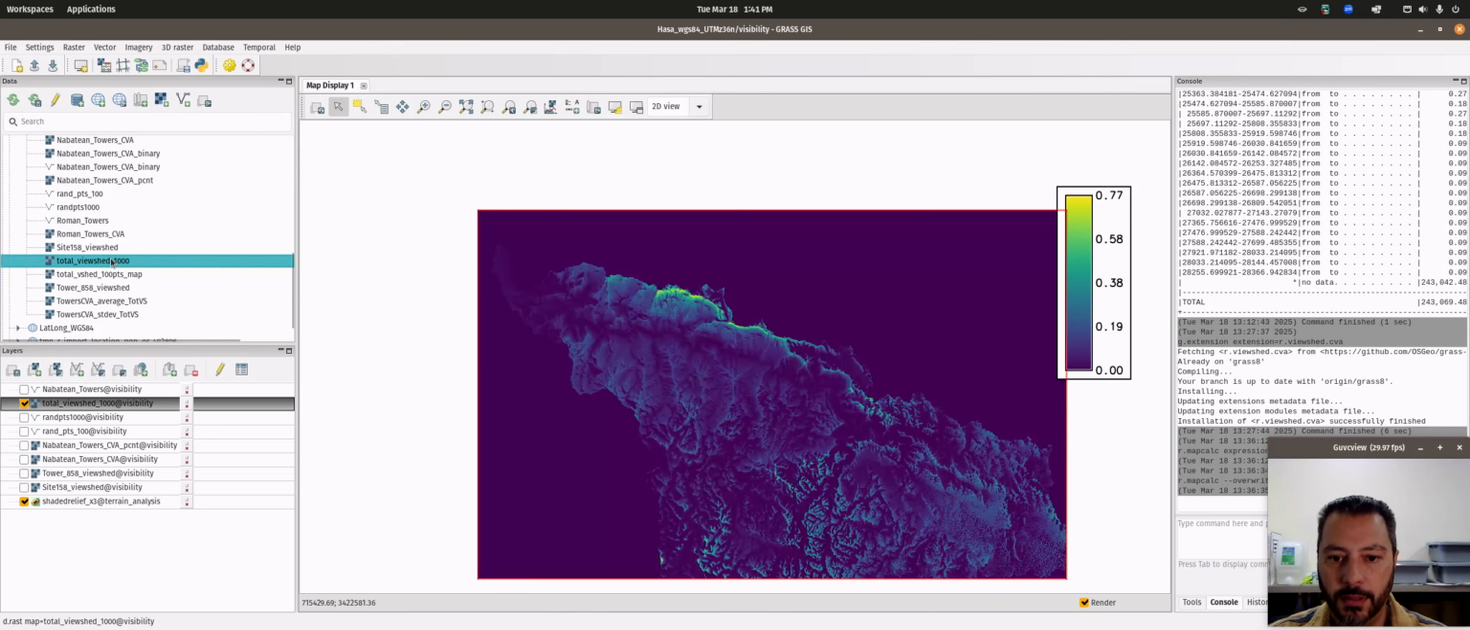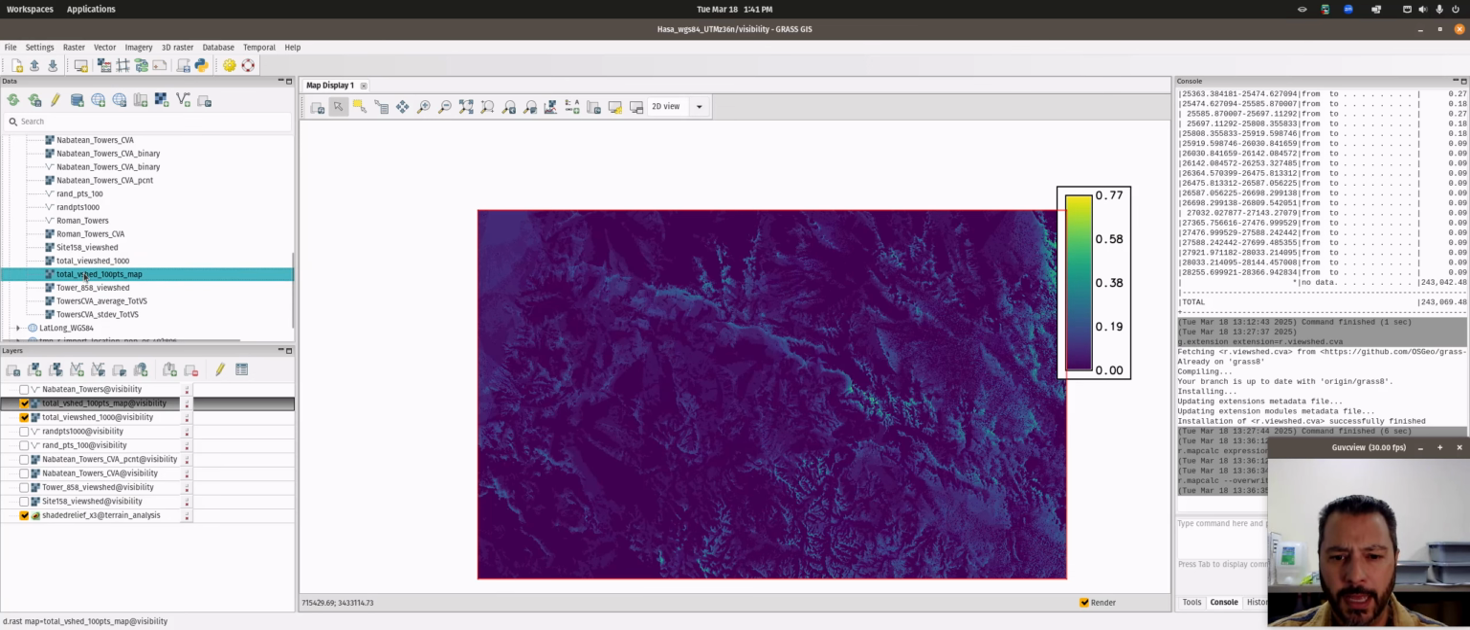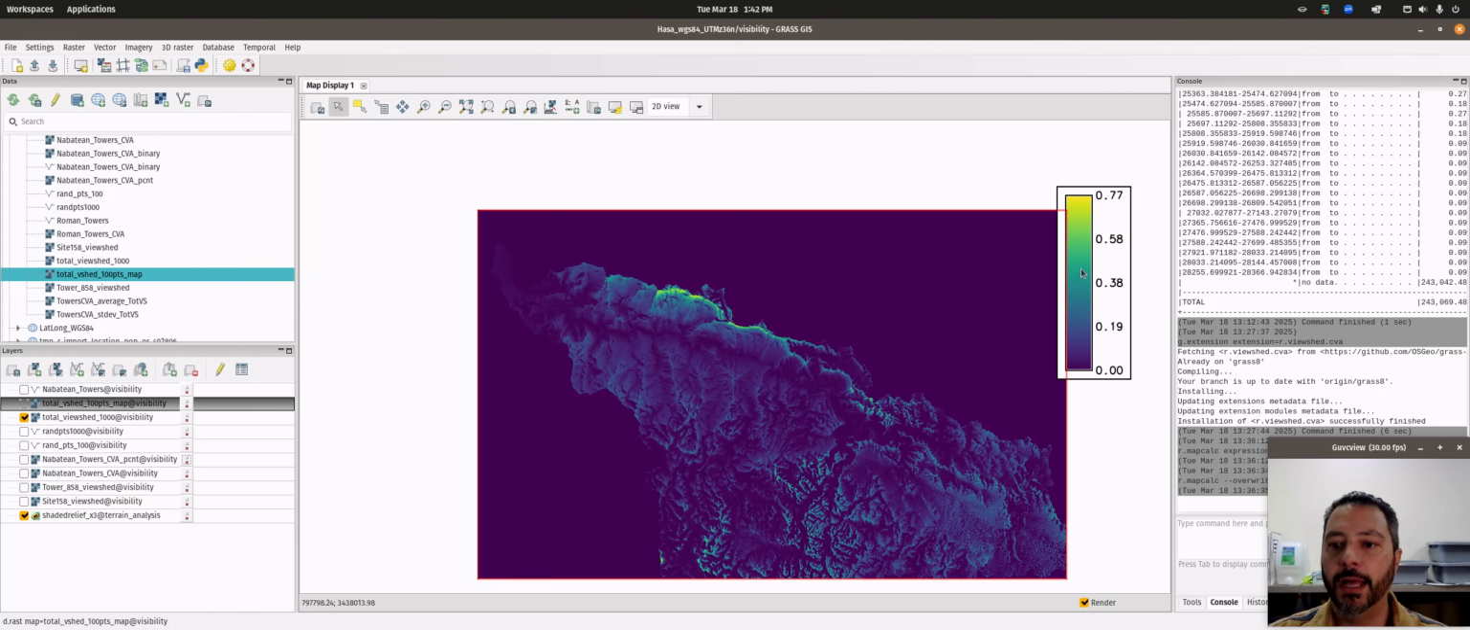So it looks like that. This is the one I ran with 1,000 points, and this is one I ran before that with 100 points. And you can see that the 1,000 one I constrained to the watershed. The 100 one I did with the full SRTM. But you can basically see that the pattern is the same, but the